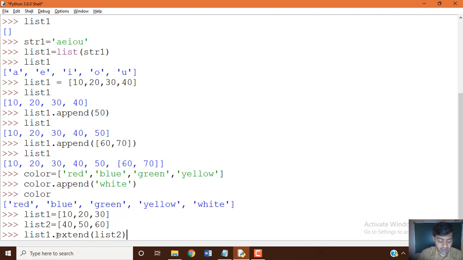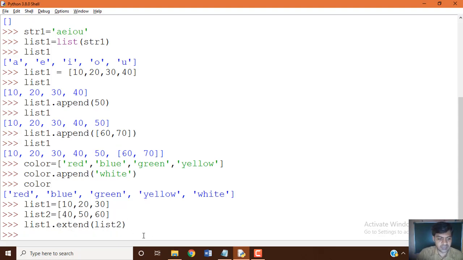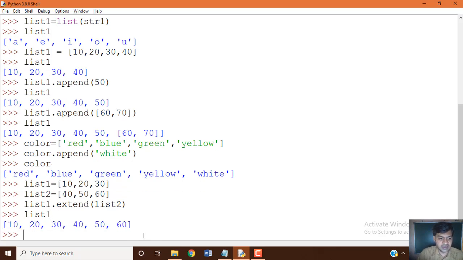That is how the extend built-in function works, because here we are passing the list 2 variable as an argument to the built-in extend function, which adds those data items to the existing list 1, at the end of the list. Let's execute. Now print the list 1 variable. Earlier it was 10, 20, 30. Now you can see 10, 20, 30, 40, 50, 60. List variable 2 data is added to list 1.